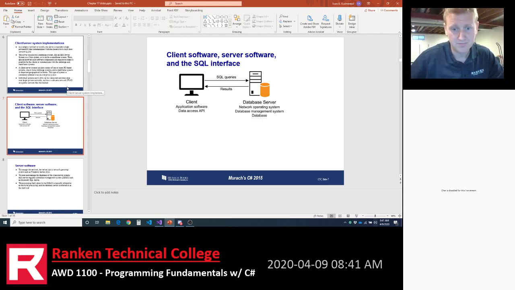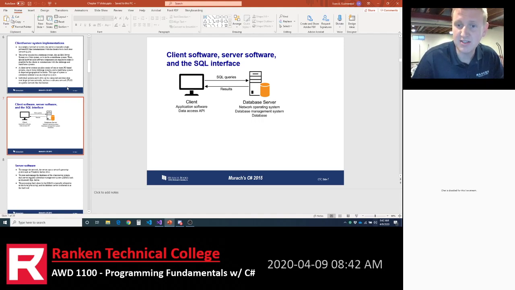Separate computers. But in development, your laptop is going to act as both. Your laptop is going to be both the client and the server, which is kind of weird, right? It's like, well, you're showing me that they're two different things, but then in practice, they're going to be one thing, right? But in the real world, when you go to use this application, in reality, they should be different things. They will be different things.